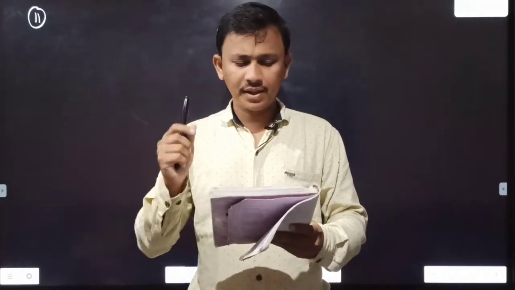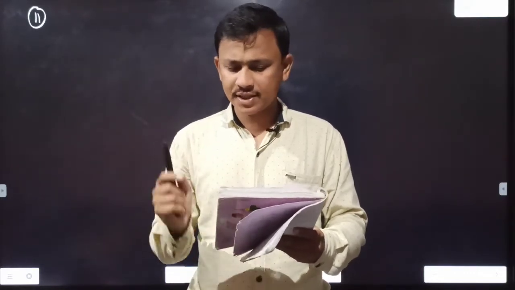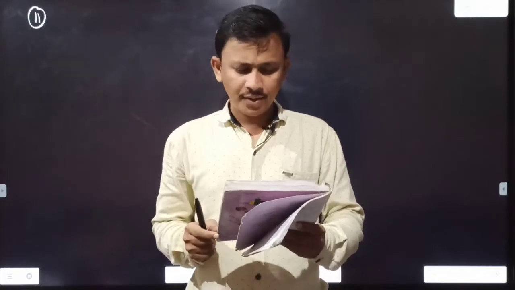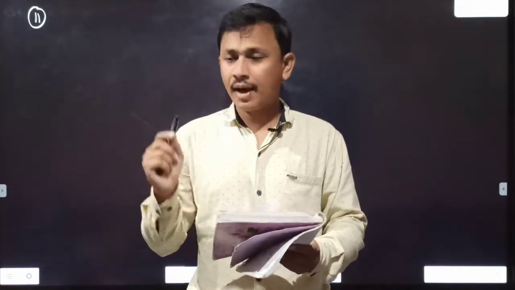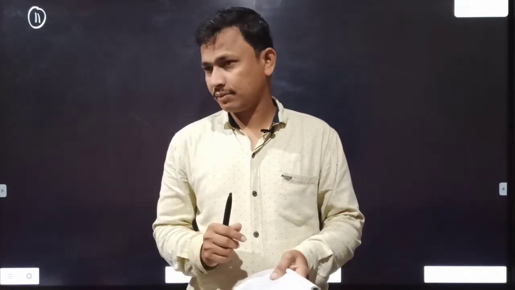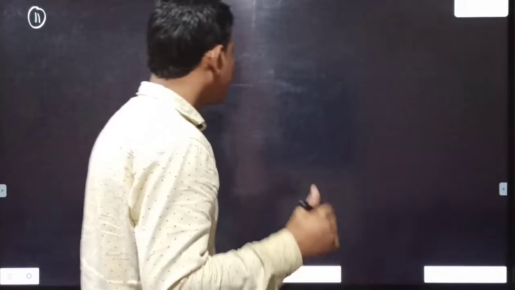11th question, very important question. The question is, if the sum of first n terms of an AP is 4n minus n square, what is the first term? That is S1. What is the sum of first two terms? What is the second term? Similarly, find the third term, 10th term and nth term. These are the points. We need to find out S1, S2, A1, A2, A3, A10, An.